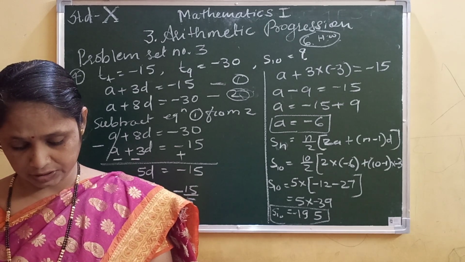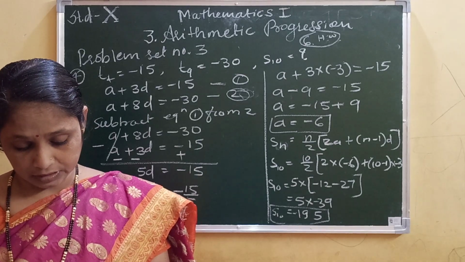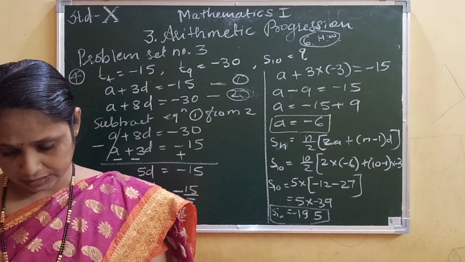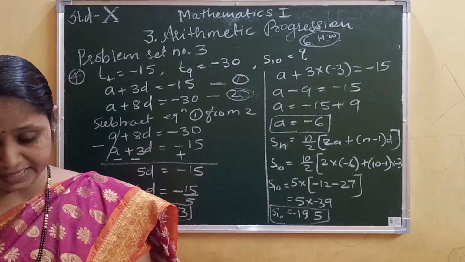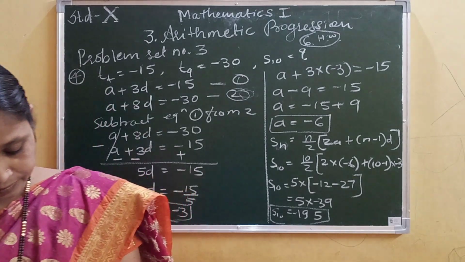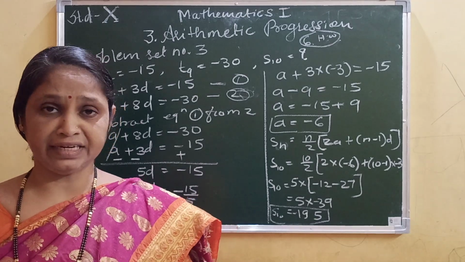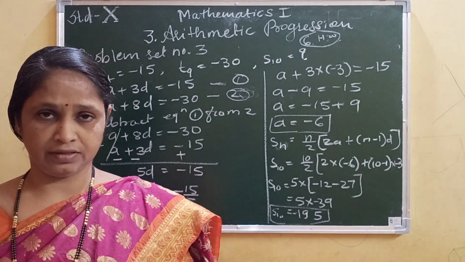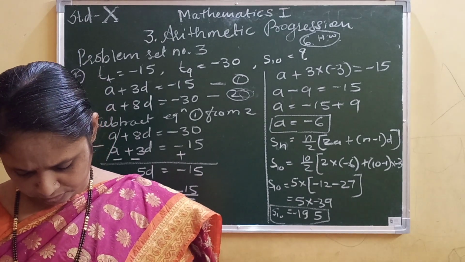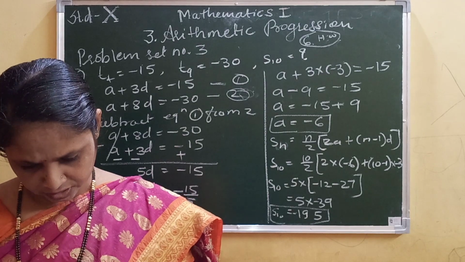Now here it is given the sum of n natural numbers, that is 1 to n, and it is 36. The nth term you have to find out. Okay, so first term is what? First term is 1 and the last term is n. So we have the formula S, how much? Then find the nth term up to n natural numbers.